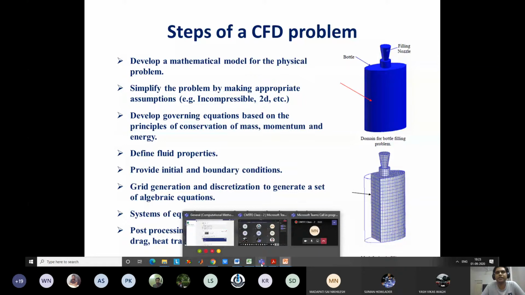But for some problems we can use a very coarse grid. We will see some problems in the subsequent classes, like a one dimensional conduction problem, where if we take only 4 grid points, also 4 control volumes, then also we get accurate, somewhat accurate results. It depends on the problem also, how complex the problem is.